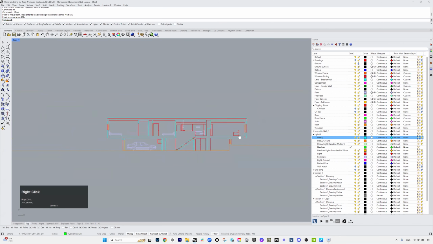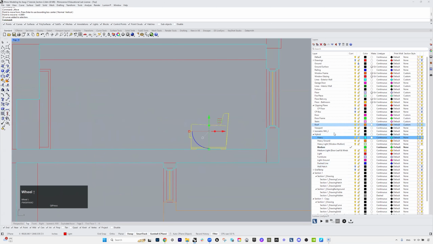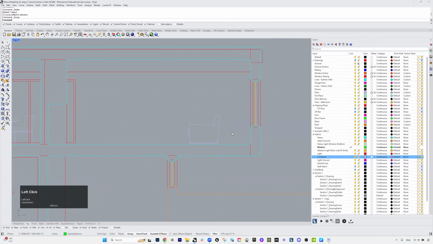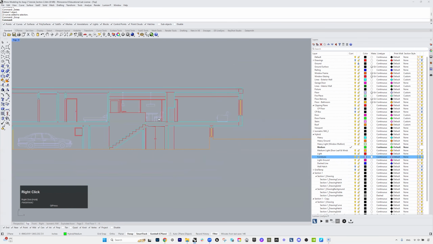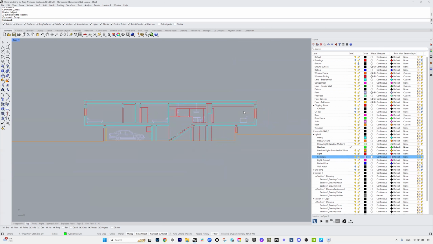Yeah, so that's kind of like, oops. So I have to put this to the furniture layer over here. Okay, yeah, so that looks okay. And then now I think I can export this and start assigning the line weights